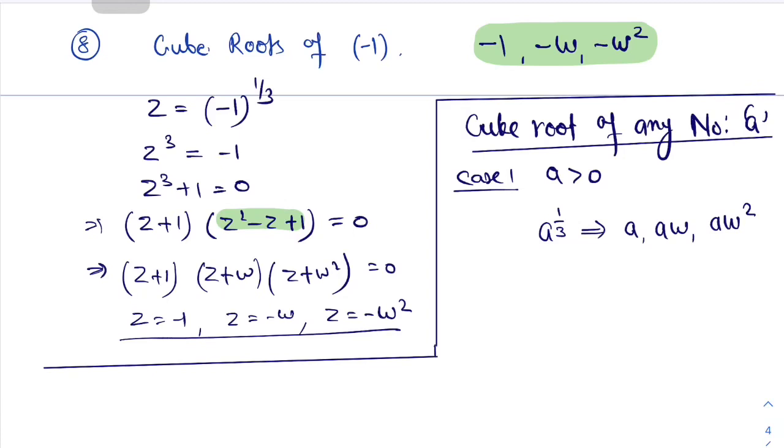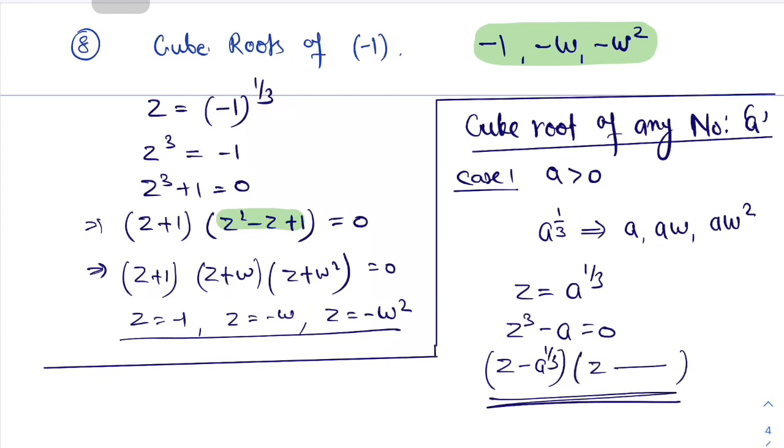How we can get this? Again, by solving this equation, z equal to a to the power 1 by 3. By cubing we can get z to the power 3 equal to a, that is z cube minus a equal to 0. So z minus a cube root, okay, by further factorizing this we can get the cube roots: one is cube root of a, the other is cube root of a into omega, and the other is cube root of a into omega square. Okay,